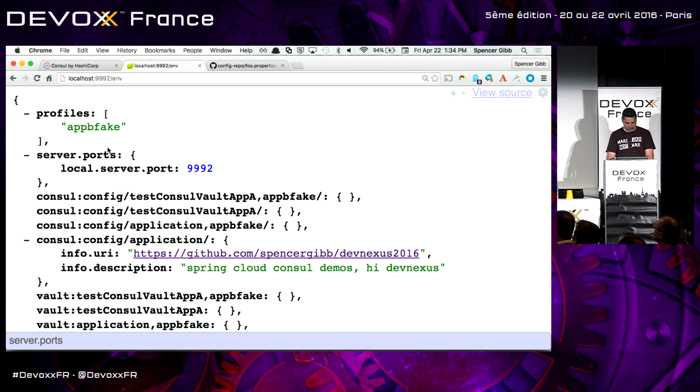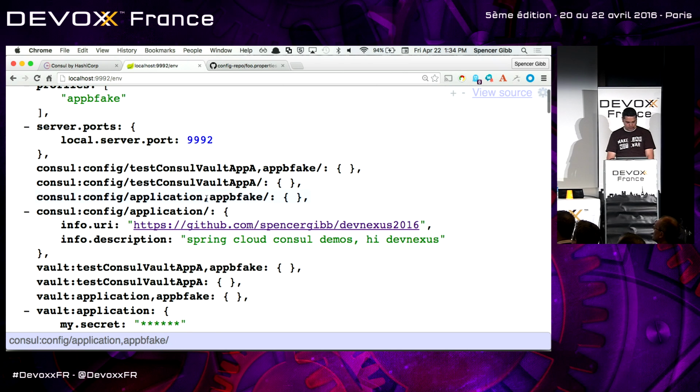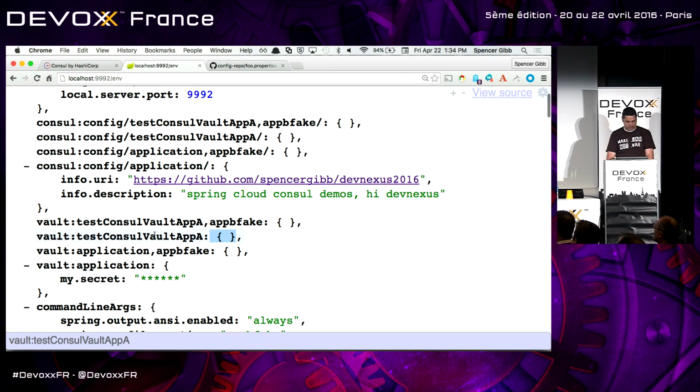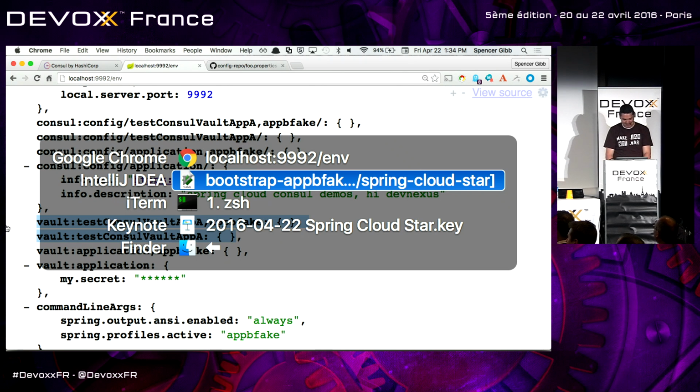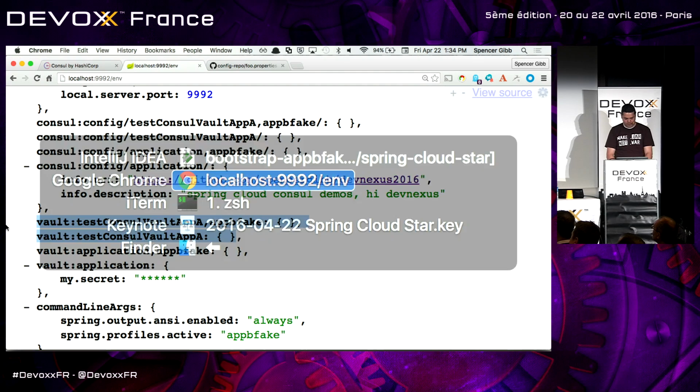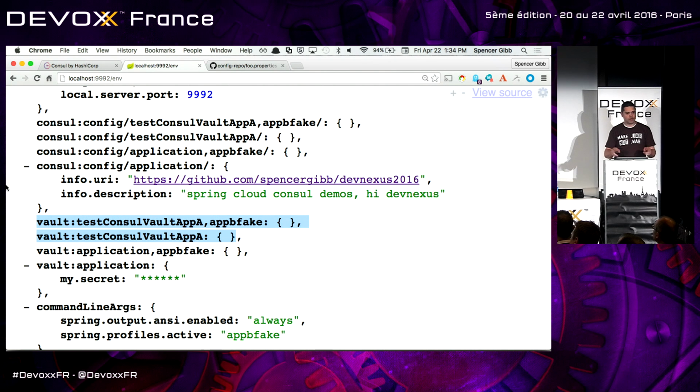So if all this worked, you'll see that it didn't get any information from Vault's app A token. Okay, so it did work. Good. And this is another interesting thing. We're using 2 separate external configuration systems here, Consul and Vault.